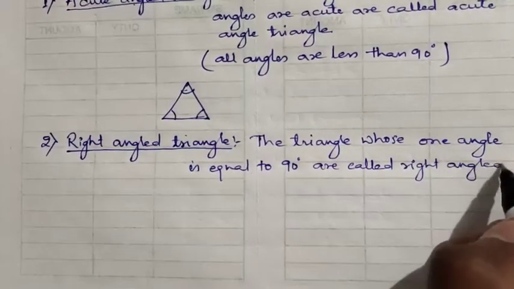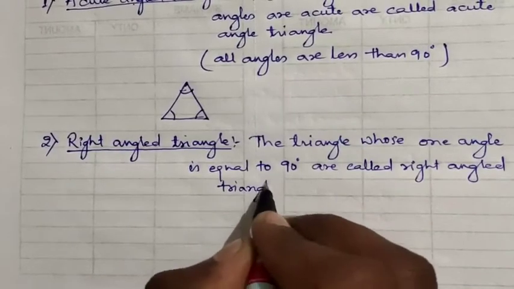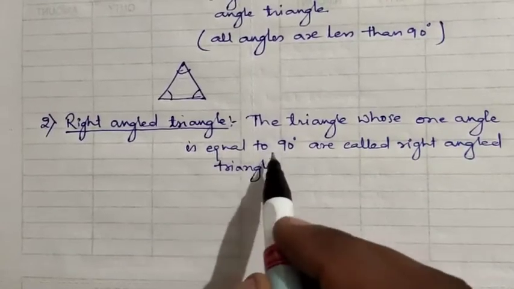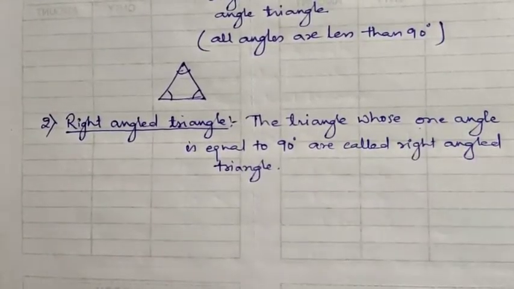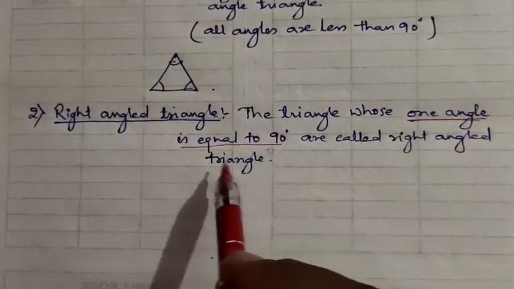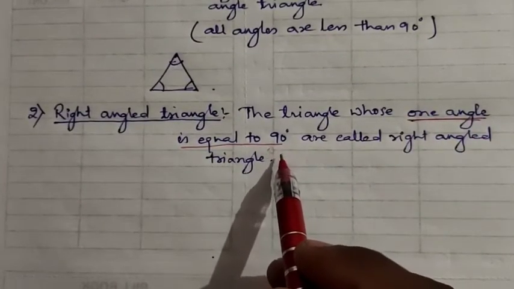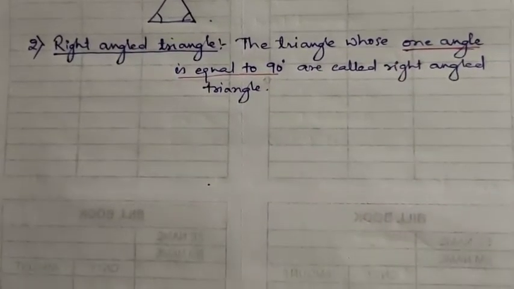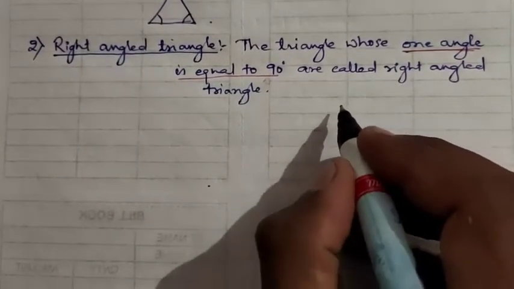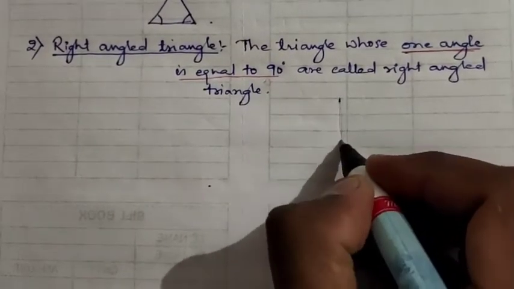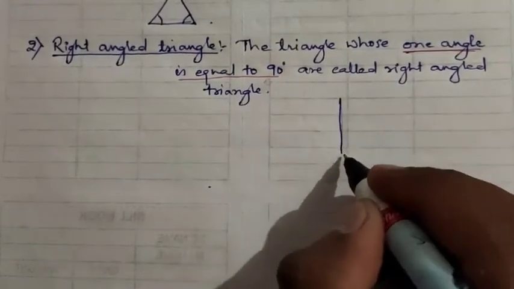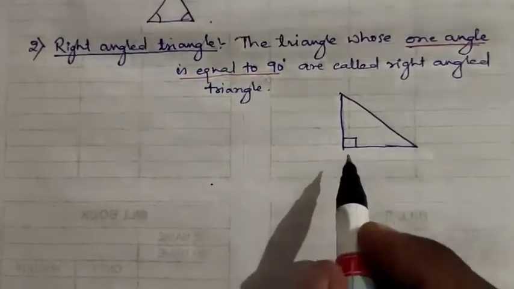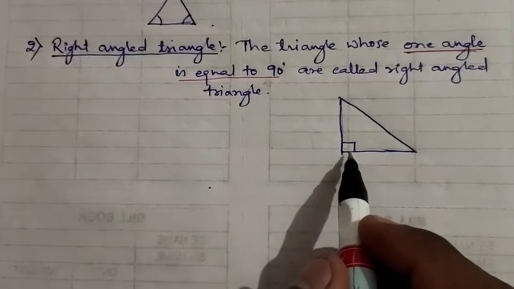Right angled triangle. This right angle triangle we are going to study in our next chapter also. Here one angle is equal to 90 degree, this is the main key point. It means that in any triangle, if one angle is equal to 90 degree, then that type of triangle is called right angle triangle. Let us draw a right angle triangle. Here you can see that this angle is of 90 degree,